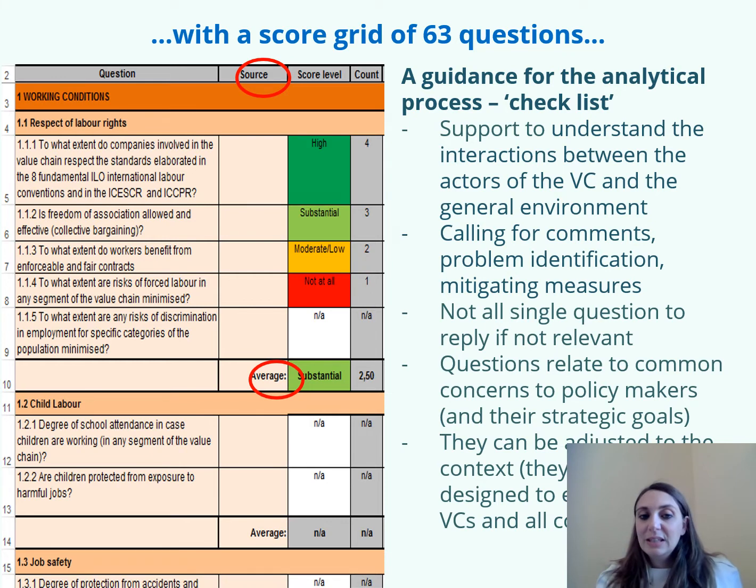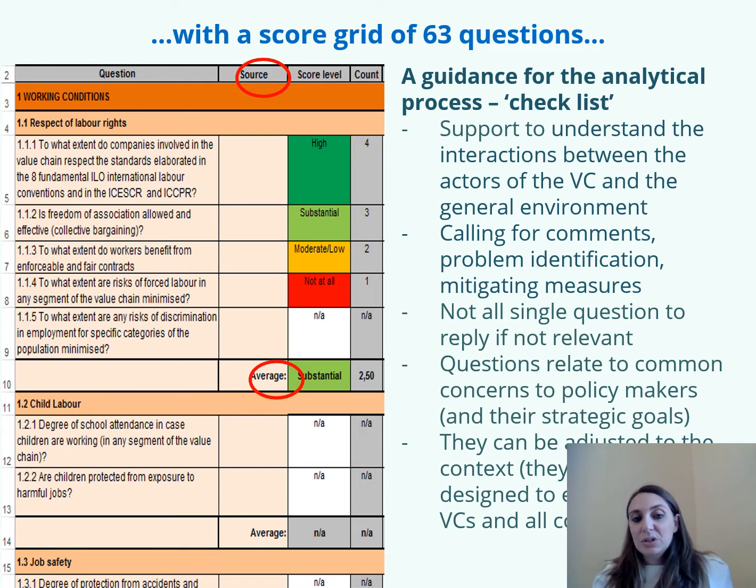What we also see here is that we have underscored in red the source. So the source, we didn't list specific sources. It is for the social expert to identify which is the best source to inform the question. For example, it might be a report, it might be interviews with key informants, it might be focus groups, etc. So you are the one that is best placed to say which source is the most important.